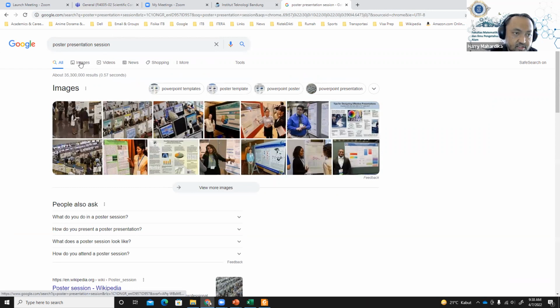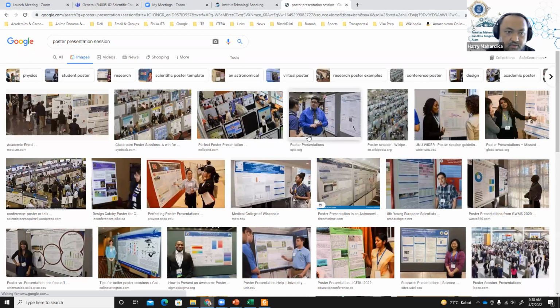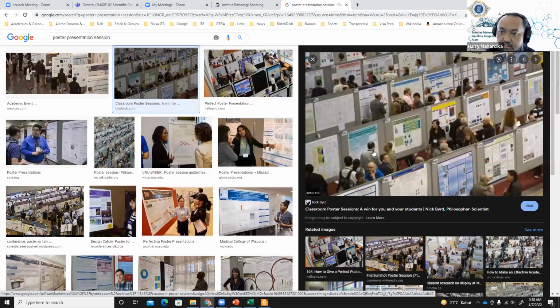Okay, this is an example that I grabbed from Google Image. So here you can see that in this example, the number of posters displayed on the display is more than 1,000. Because here the number is basically telling us the number of participants in the poster presentation,